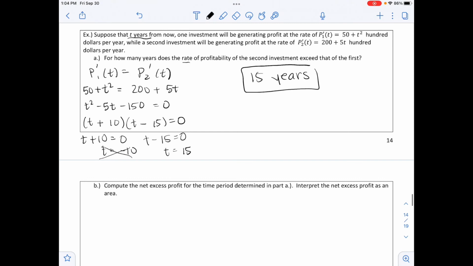Part B is on the next page, and this says compute the net excess profit for the time period determined in Part A. Interpret the net excess profit as an area. So E of t, the first thing we need is to compute that, is going to be P2 of t minus P1 of t. And so that means that the derivative would be equal to P2 prime of t minus the derivative of P1 at t. And we're dealing with this over the period of time